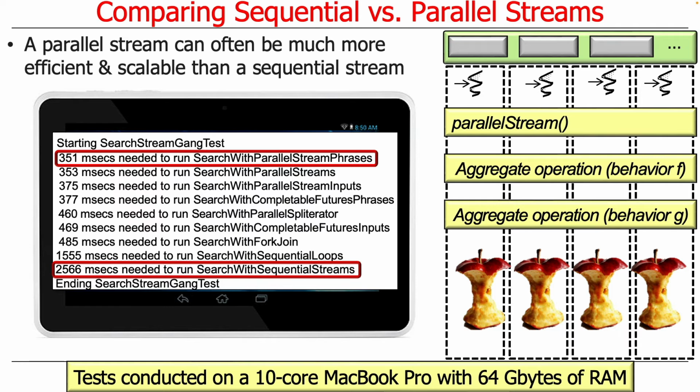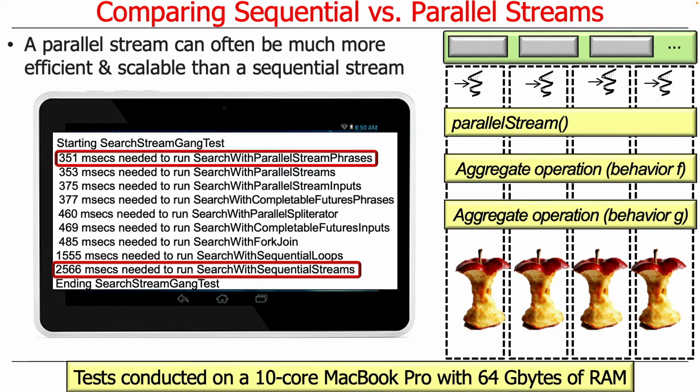And this is the results of this program run on my MacBook Pro, this little computer here. And it illustrates nicely the benefits of using streams and parallel streams. So first of all, these are just a bunch of different implementations that all do the same thing. They all search for phrases in the complete works of William Shakespeare, which is pretty cool. But the key thing to note here is the improvements relative to the sequential versions when we start turning on